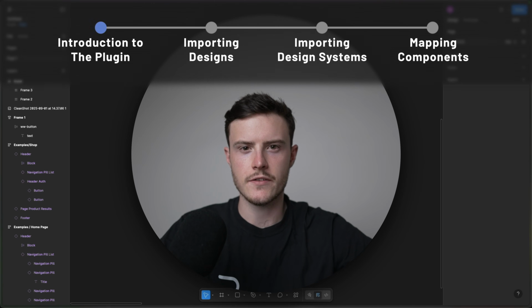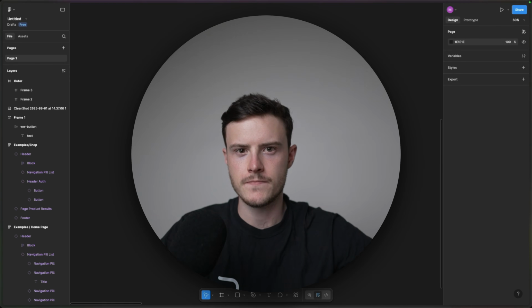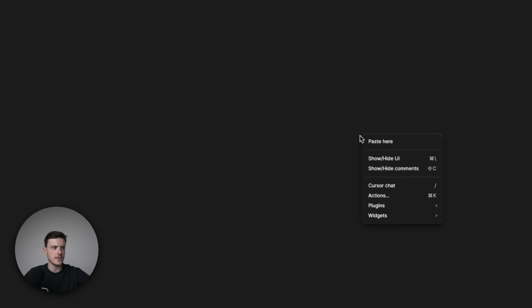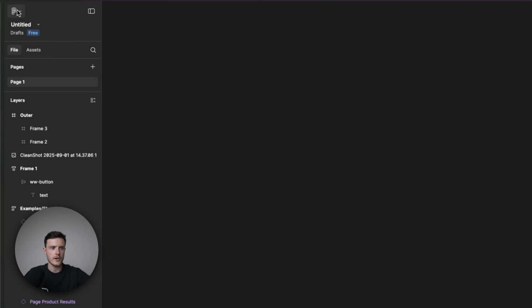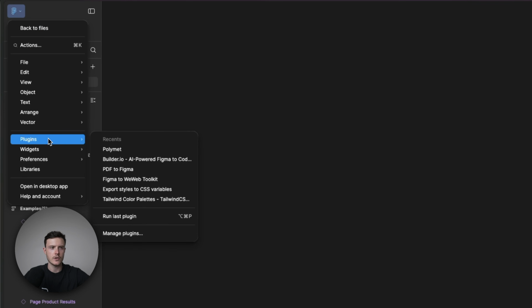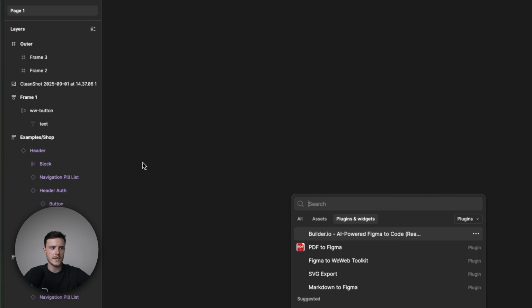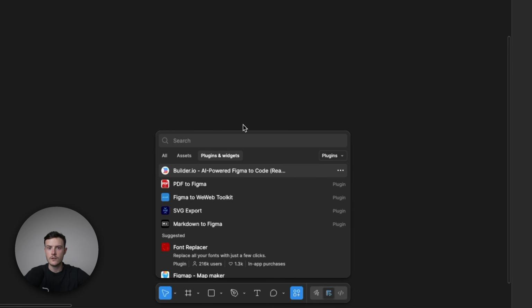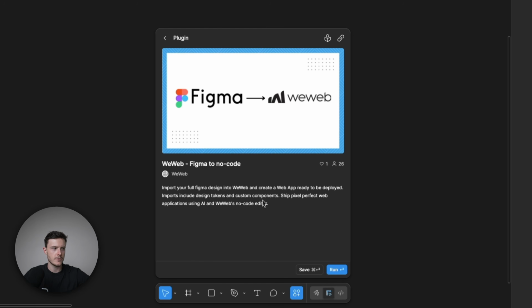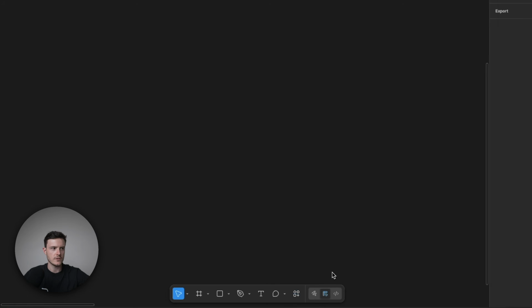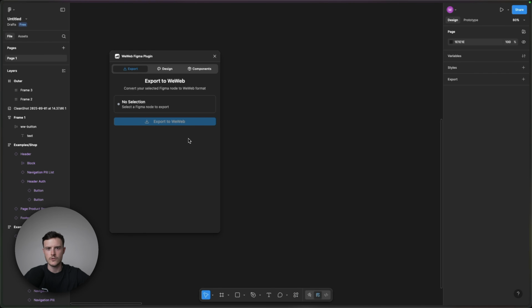Now, to get started, the first thing we need to do is install the WeWeb plugin on Figma. To do so, we can right-click onto the canvas and go to the plugins menu, or we can click on the Figma icon in the top left and then go to plugins. From here, we can go to manage plugins, and then we can search for WeWeb. And the plugin we will want is this one, WeWeb Figma to No-Code. So we can click onto it, we can press run to install it, and then it's installed onto our Figma